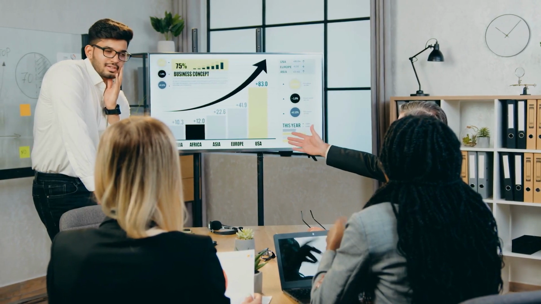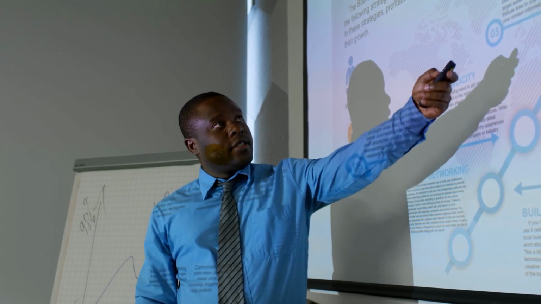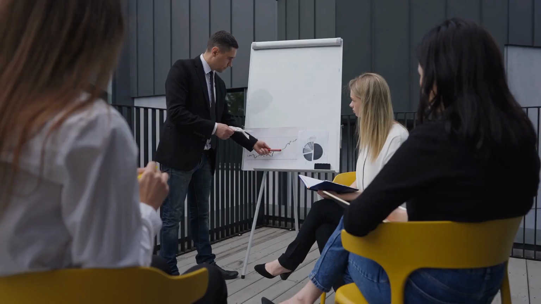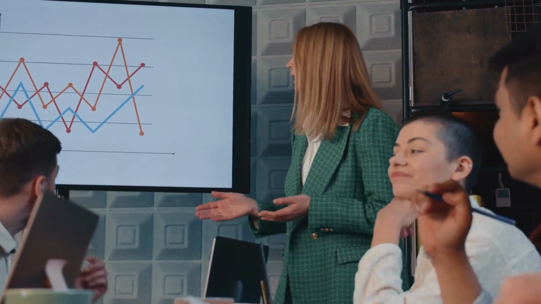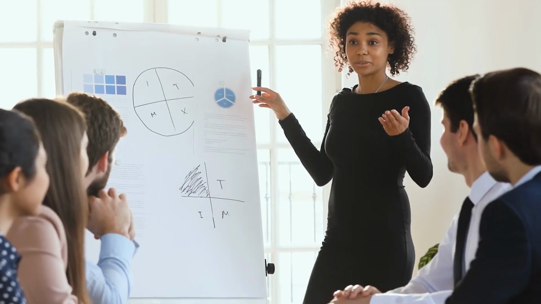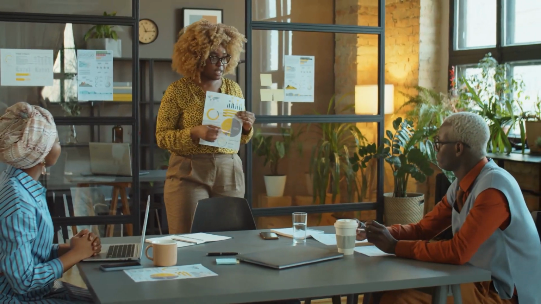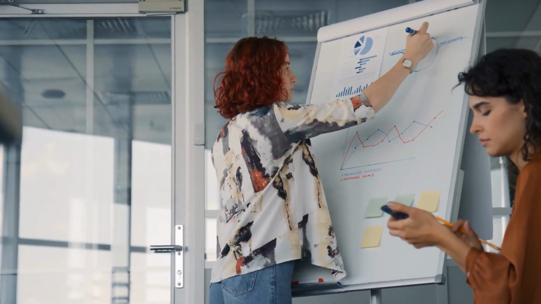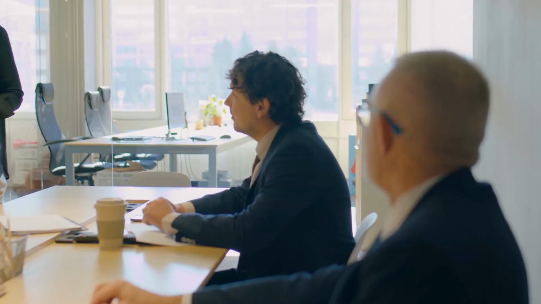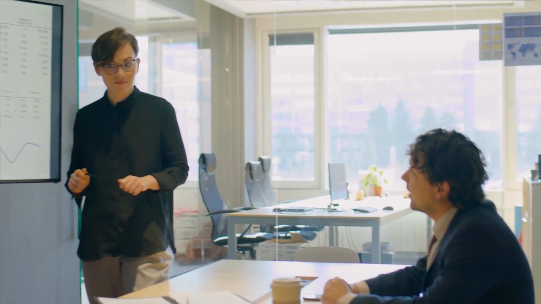These experiments can take various forms, depending on the nature of the hypothesis and the available resources. For example, a startup may create a minimum viable product, MVP, with limited features to test its market viability or conduct surveys and interviews to gather customer feedback. Data collection. During the experimentation phase, startups collect relevant data to measure the outcomes and validate their hypotheses. This data can include user feedback, engagement metrics, conversion rates, or any other key performance indicators, KPIs, that align with the specific hypothesis being tested.